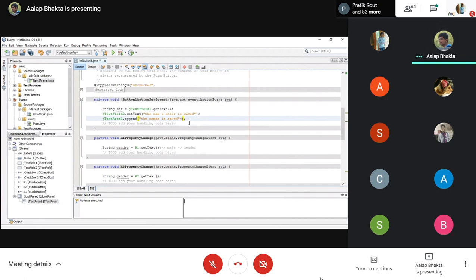So for displaying a string plus whatever your name was, if you want to display your name, we don't know what the user will input in the text field, right? So you can just add plus str.